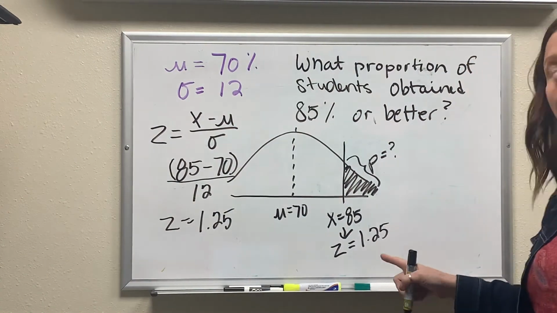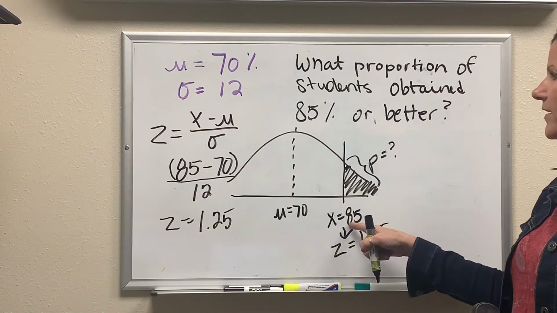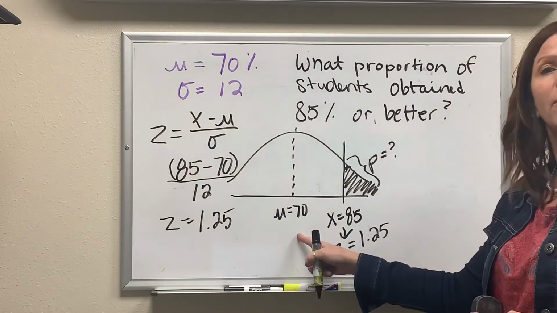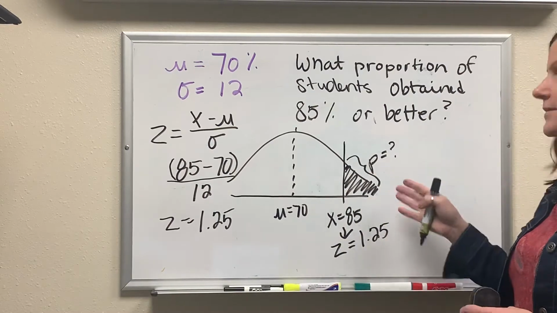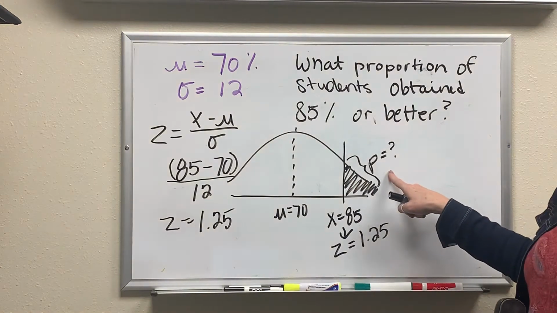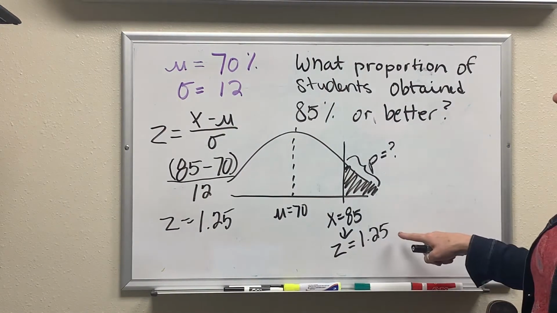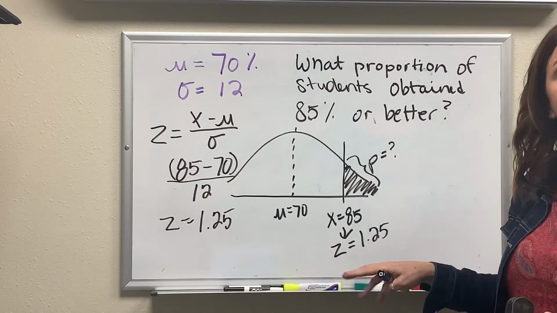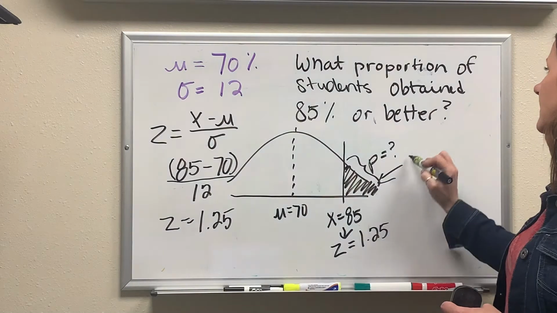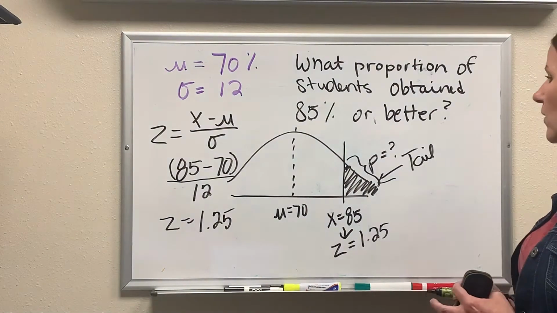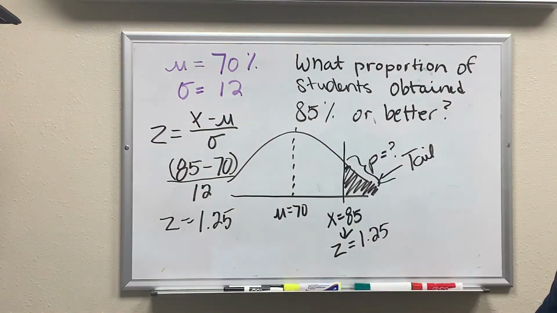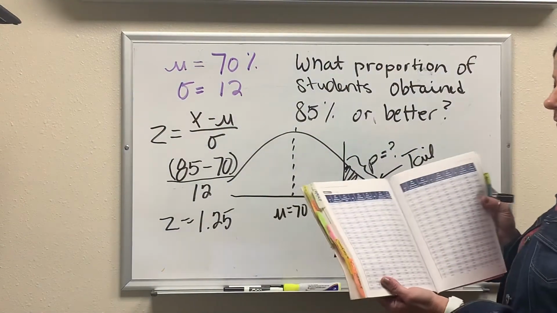Now this makes sense that it's a positive because a score of 85 is higher than the mean. So the mean is a z of 0. If we're to the right of the mean, that means it's a positive z. So now what we need to do is locate that proportion. So this is where the drawing comes in handy because this tells us right here that this area is in the tail. So what we need to do is look in our textbook and specifically in your unit normal table,